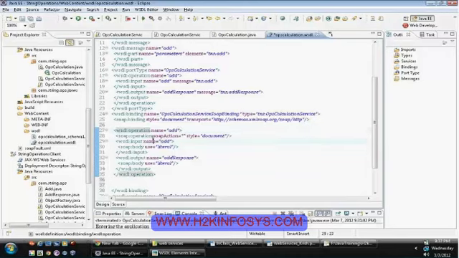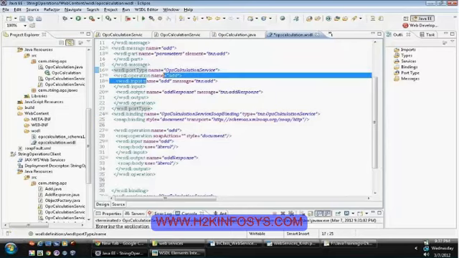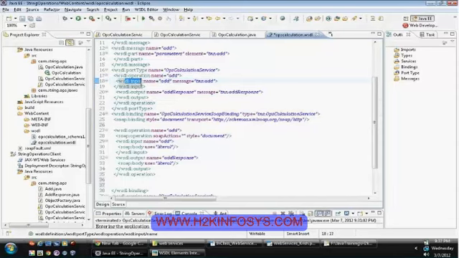Right. But the actual reference at our Java level, it will take a look at the port type, by looking at this type, the ops calculation service. It will go to ops calculation service, and it will see the add operation will contain an input and the output.